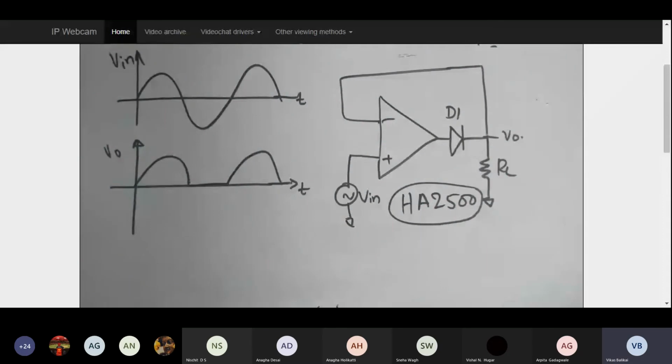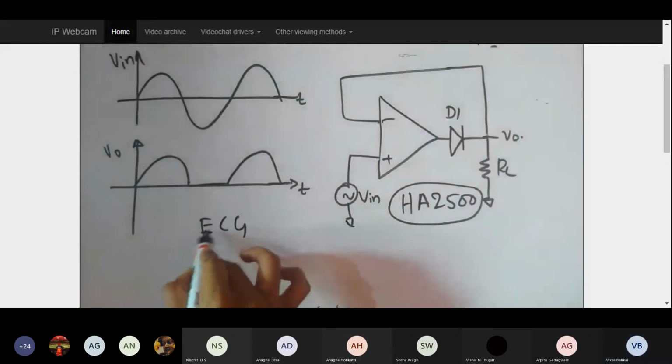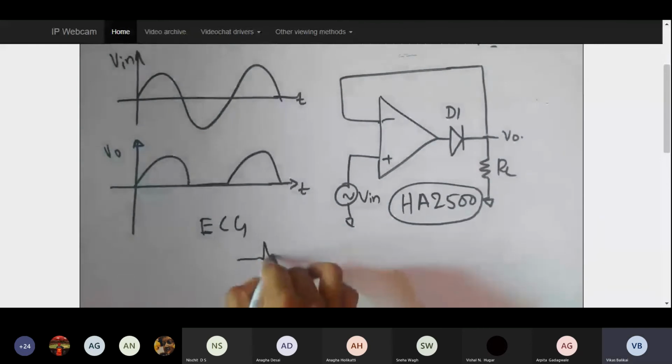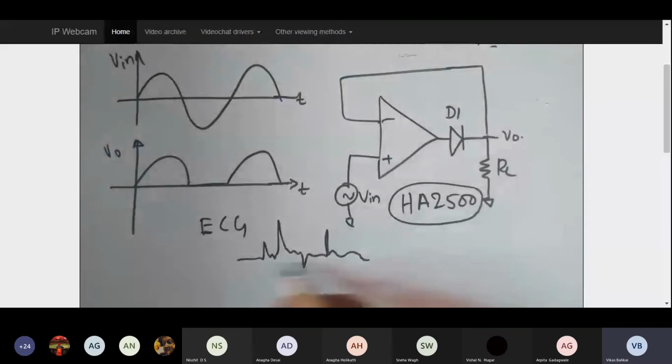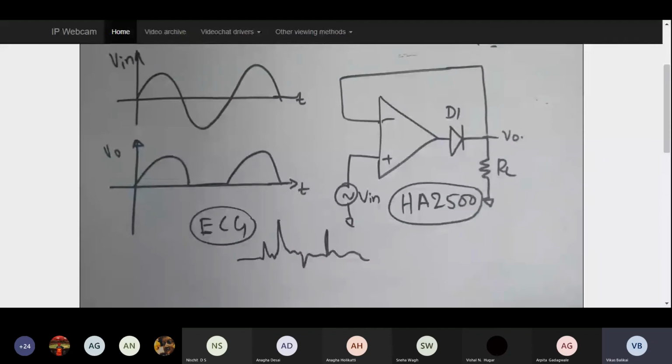So in that range I needed to amplify signals. Specifically, where is this applied? We use a medical device called an ECG, which senses the human heart signals and gives the PQRS waveforms. You know the ECG waveforms. Now, in order to sense it, it looks like noise, but it is not noise. To sense this particular signal, the amplifier has to be very accurate and very sensitive to sense the smallest of the smallest signals. Under that scenario, these kinds of ICs, HA2500 op amps, are used, and they also find application in this kind of rectifier, where I am going to rectify the small signal.